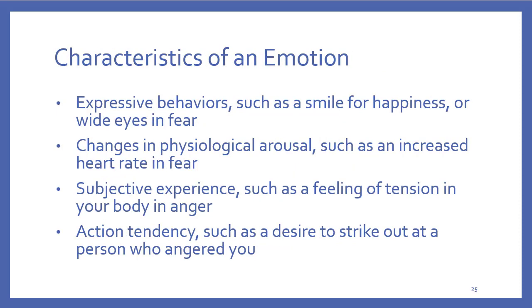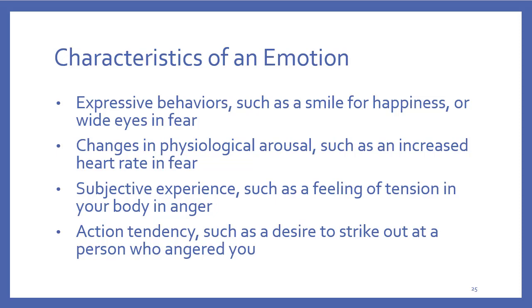So moving more into the cognitive realm, let's start with talking about characteristics of an emotion and then kind of tying the emotions into cognitive appraisal and how we have different emotions and how those emotional states contribute to thought. So characteristics of an emotion, probably not going to be a lot of surprise here for you, but they can be expressive behaviors. So the behaviors that are attached to an emotion or that indicate an emotion can be considered to be emotional. So smiling for happiness or frowning for sadness, having kind of this scrunched up, furrowed face when you're crying or sad, eyes wide open in fear, those are all fine. Those are a good example of emotion.